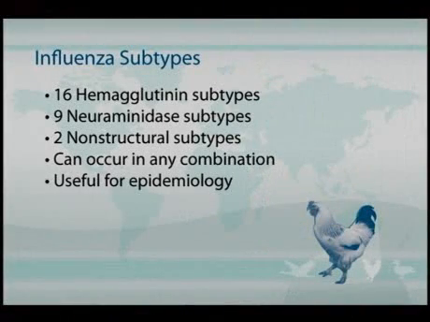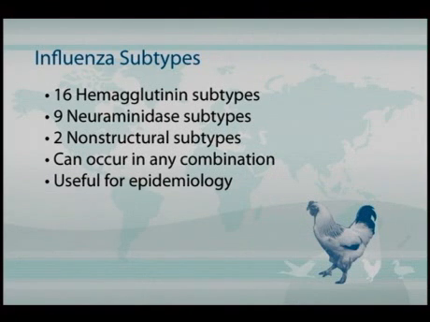All right, we talked about influenza subtypes. We had said that there's 16 hemagglutinin subtypes and 9 neuraminidase subtypes, and they can occur in any combination. So we can have H5N1, we can have an H5N6, we can have any of these different combinations, although some combinations seem to be